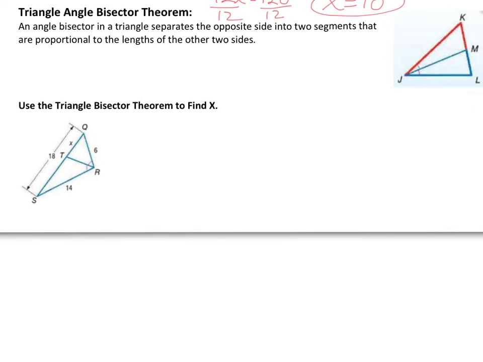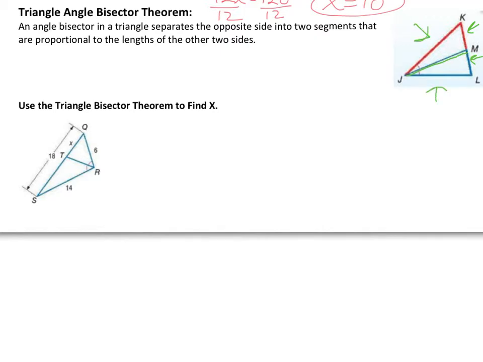All right, now this next part, which is the last part of our notes section, says an angle bisector in a triangle separates the opposite sides into two segments that are proportional to the lengths of the two other sides. What this is saying, what we've done before is we've used two similar triangles. This is one triangle. Now we have drawn an angle bisector, and we're saying that the two segments that it divides into half are going to be proportional to the other two sides